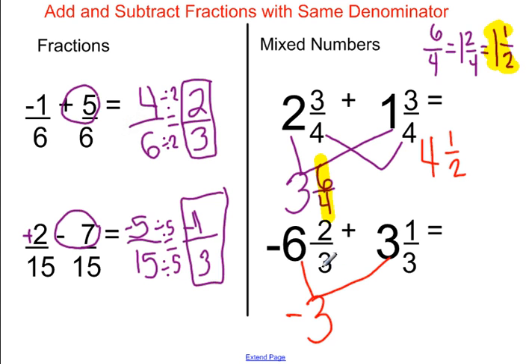And here's the part where students get mixed up. This whole thing is negative. It's a -6 and a -2/3. So when I go to do this second part of putting together the -2/3 and the 1/3, that's sometimes where students will forget that this part is actually negative. So if I want to combine these two fractions in the way I did up here in this example, I'm actually combining